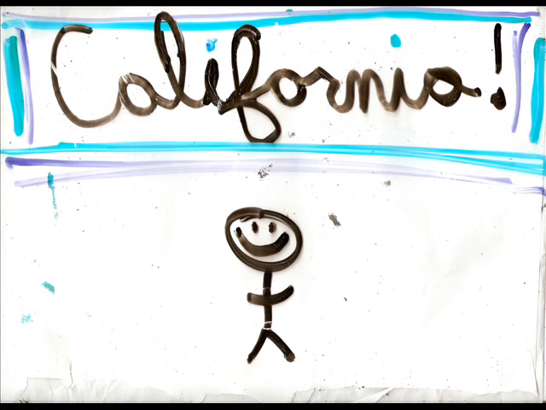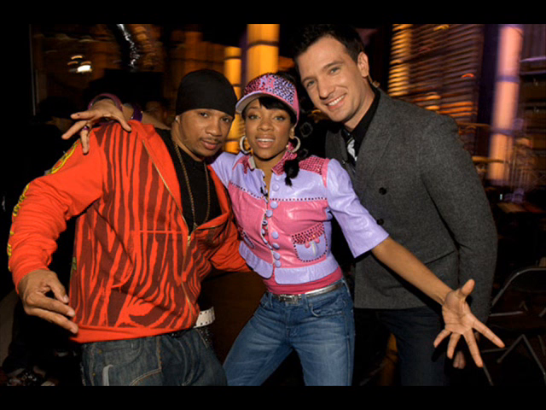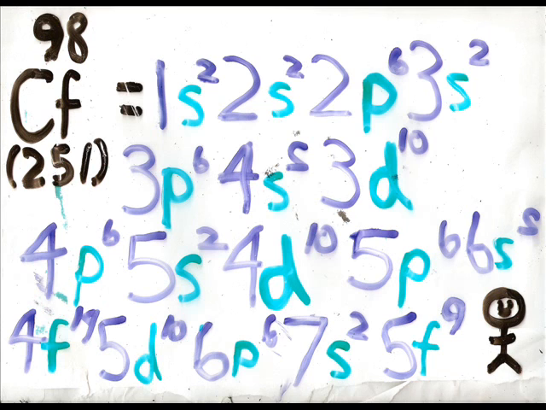Lastly, we have Californium. This is where I come in. Sure. Since Californium is in the F block, we have to find the part where F is inserted. This is right in front of 5d and 6d. Thus, Californium is